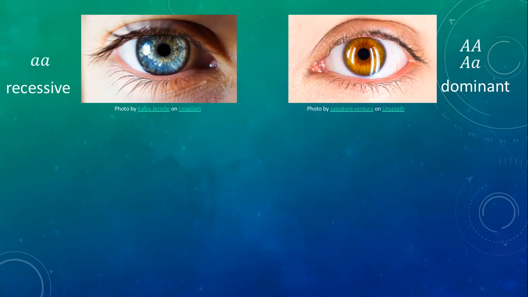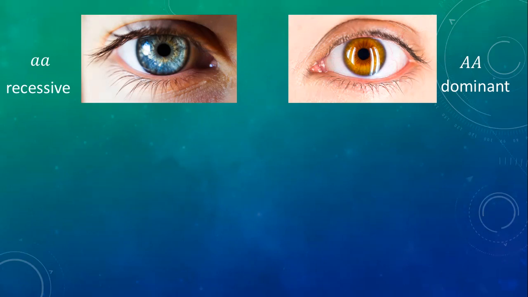While the blue eye color means you have a small a small a genotype.